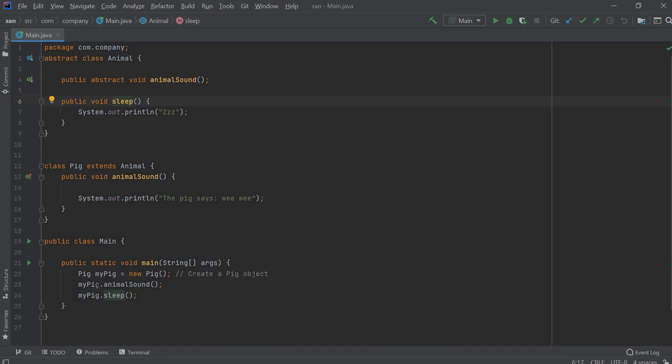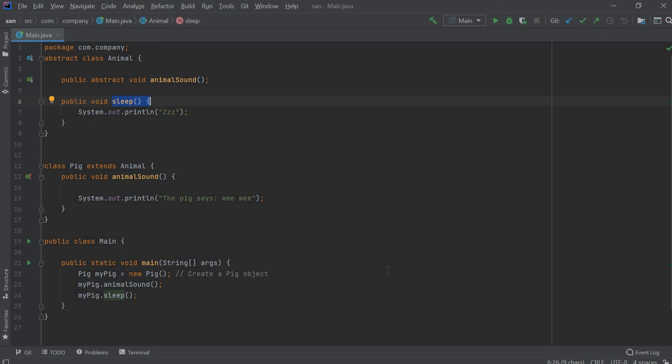Through this object I'm going to access this abstract method, and when I write animal sound here, it will get the access here. Because this is defined here, the definition is accessed here, and simply this particular part will be printed. And myPig dot sleep means, again, as you know that this abstract class cannot have any object, the object of the inherited class can access this simple method also.